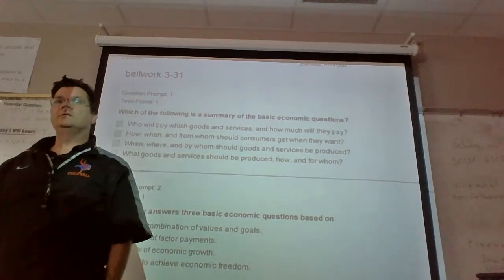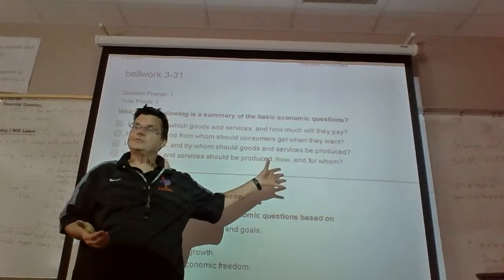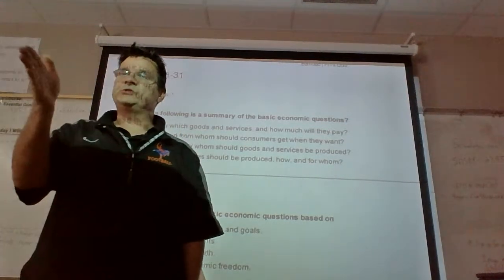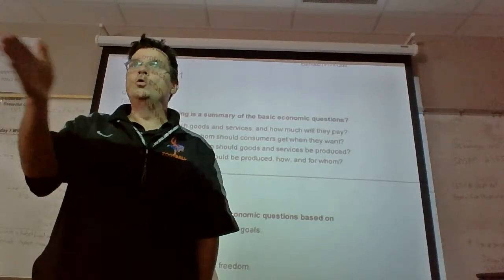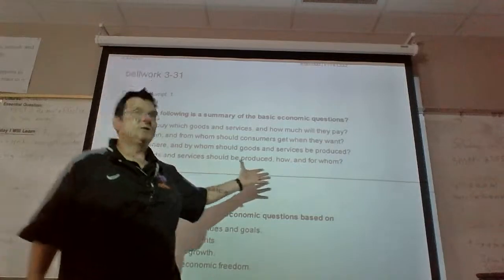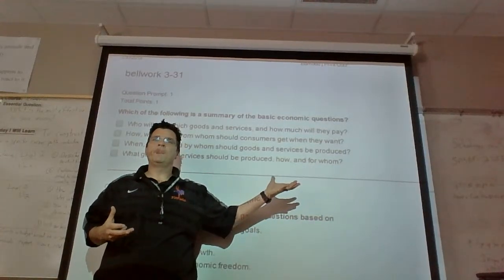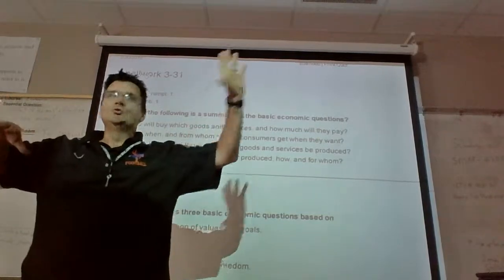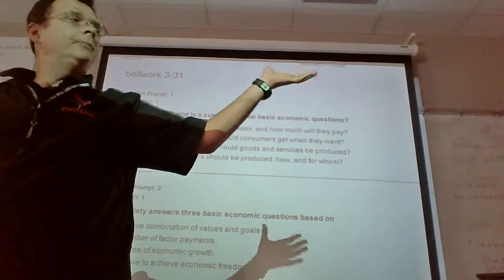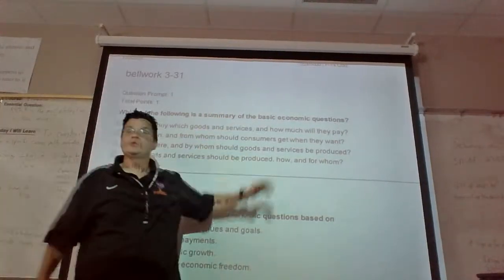That's one way to do it. Another way to do it that we'll talk about tomorrow, maybe the government answers those questions. The government's going to tell people what to produce, how to produce it, who's going to get it, and who's going to make it. Right? Sometimes tradition, how things have been done in the past, answers those questions. We, the United States, use mostly a market system. The market answers those questions, but not all countries are like that. But that's the importance of these three questions.